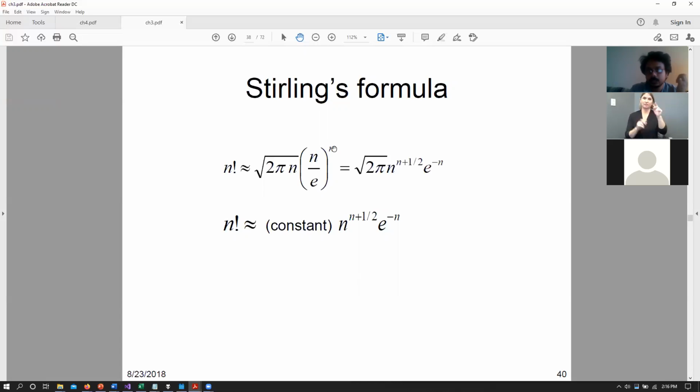the power of n. In a more generalized sense, we have (square root of 2 pi) n raised to n plus half times e to the power of minus n. Right. So in general, if you look at the square root of 2 pi as a constant, n factorial is approximately equal to some constant times n to the power of n plus half and e to the power of minus n. Right. So when we have this as our representation for factorials, we are now equipped to compare n factorial with other equations as well.